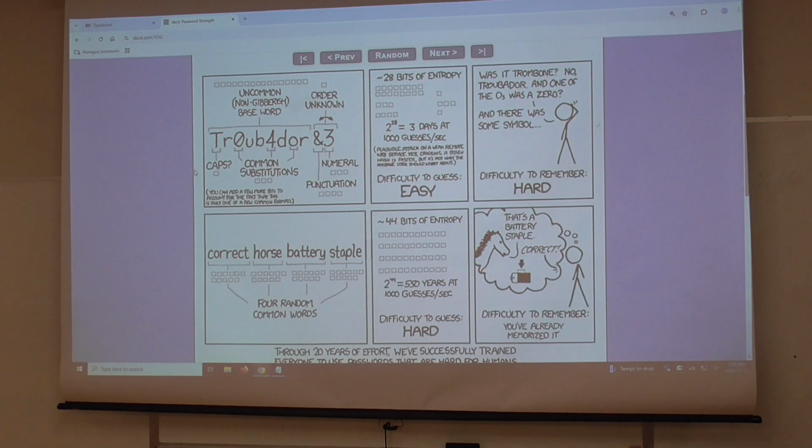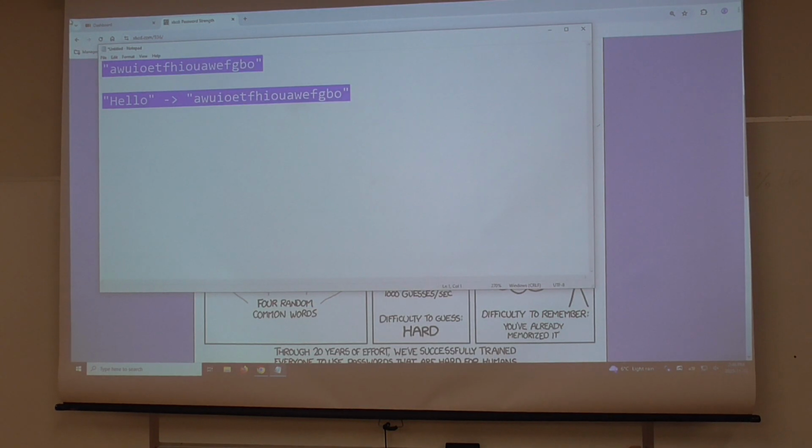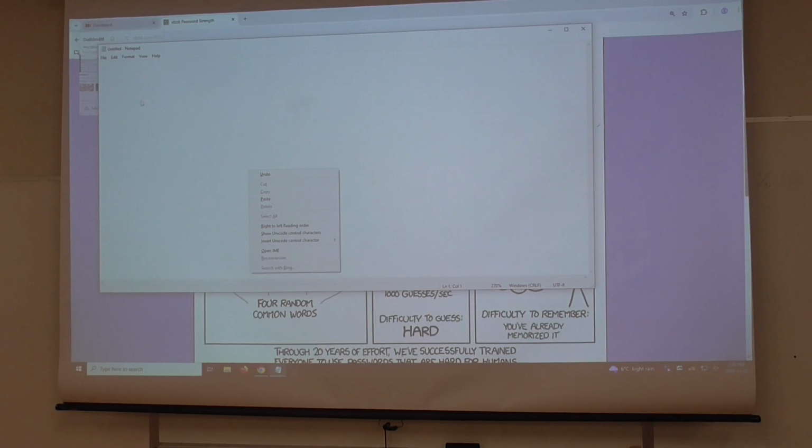Let's say my password is originally something like 1, 2, 3, 4, 5. We then append to that a string which is added by the server itself.